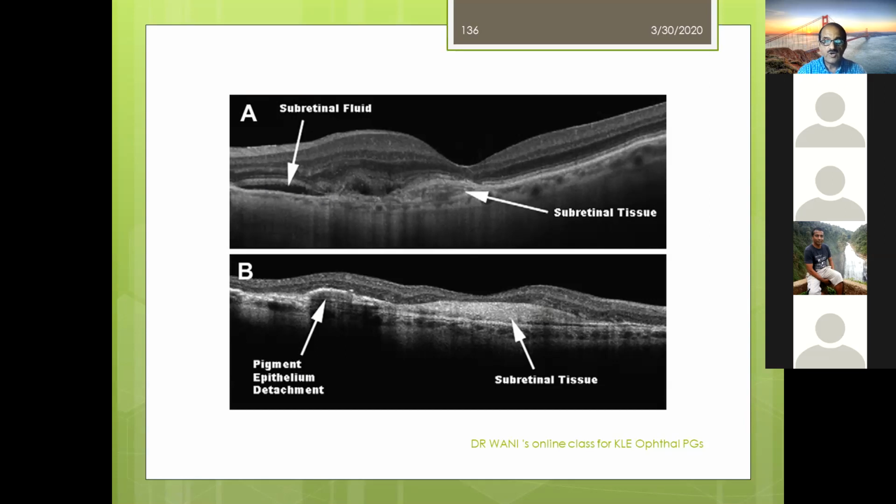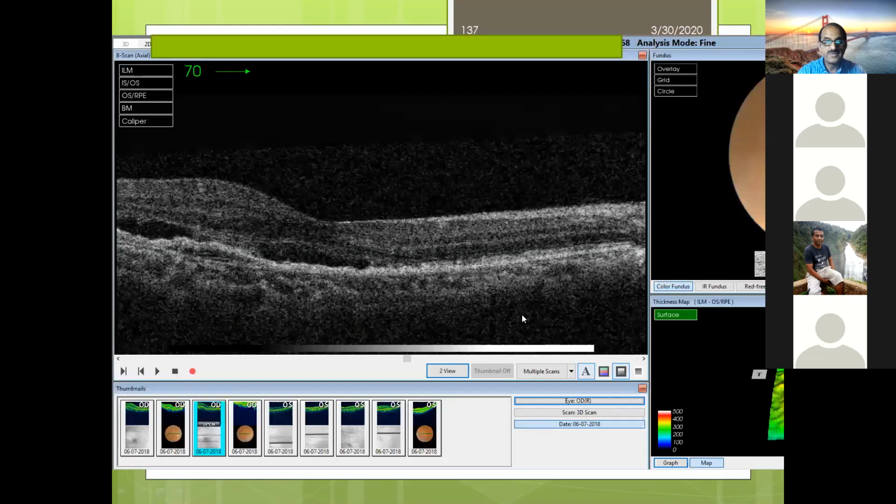Now this is another case where a pigment epithelial detachment is seen here, and there is subretinal tissue. This is actually fibrous scar tissue, or it may be blood, or it may be thick choroidal neovascular membrane tissue. You can see a subtle RPE detachment, and some hyperreflectivity below. This will not be seen clinically. This is a choroidal membrane which is leaking, and this leakage has caused subretinal fluid,